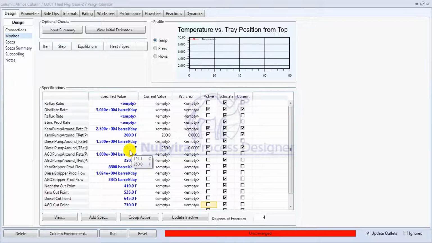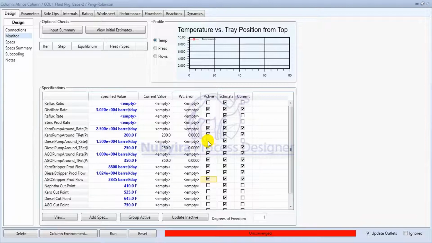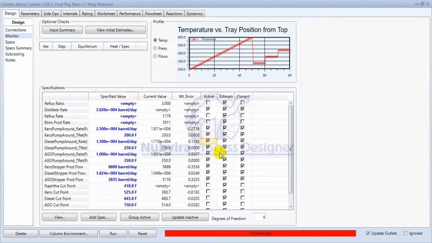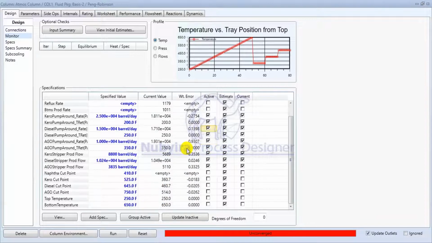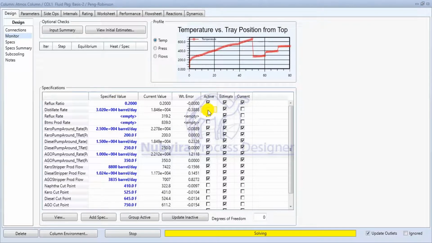So the spec that I'm going to specify is based on the operation, not the product's purity or the temperature. So let me remove all these temperature specifications. So I'm going to specify this. I'm trying to run. Okay, all the specification has been gotten. So okay, let me put this to be 0.2 and change the spec. Maybe it's some technical. Okay,